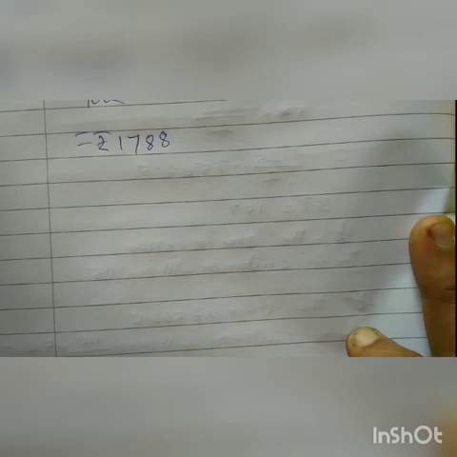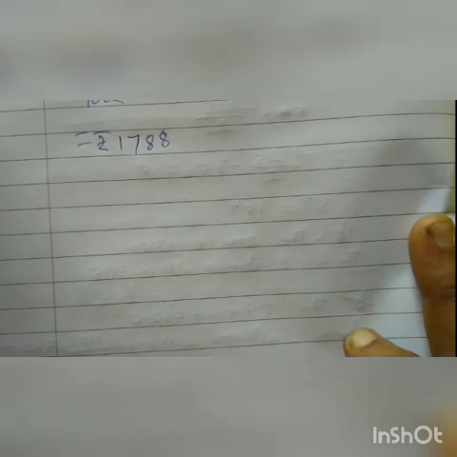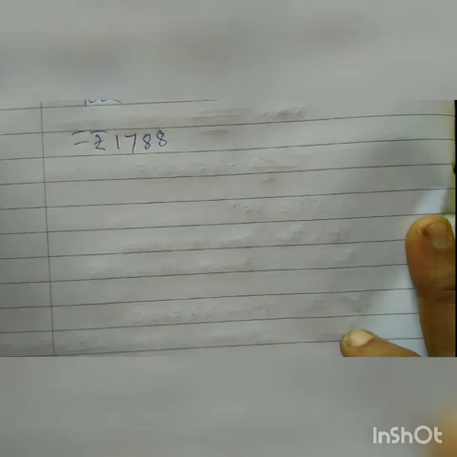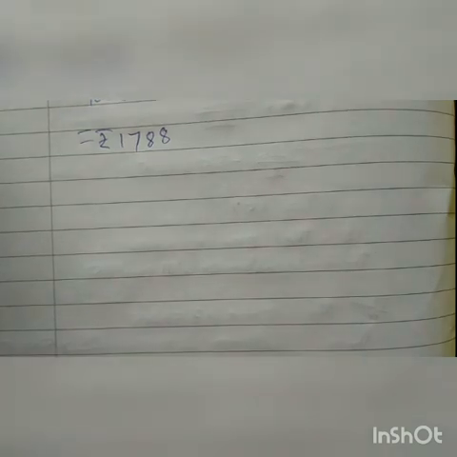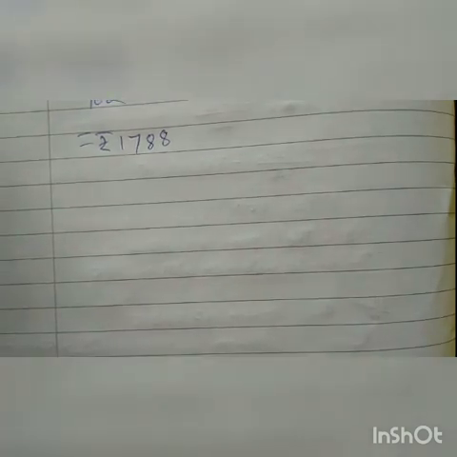Like that you have to do question number 5 on your own, because it is the same as question number 2. It is given a TV set costs 15,660, including VAT of 8%. So what was the price before the VAT? Like question number 2, we have to find question number 5. Try it. If not possible, then again I will explain it.